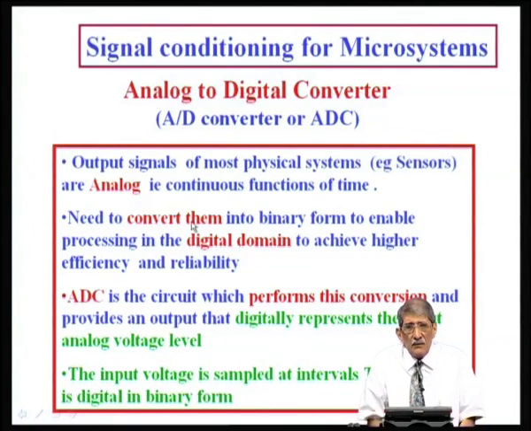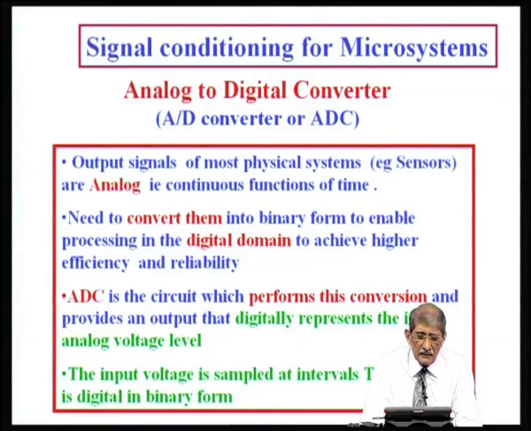So, today all the processing is done in the digital domain, and therefore you need to convert the analog signal into binary form, that is ones and zeros. It is present over a certain duration with 1, a certain other duration with 0. So, it is a combination of these, plus, minus, et cetera. An ADC, or analog to digital converter, is a circuit which performs this conversion, as the name itself